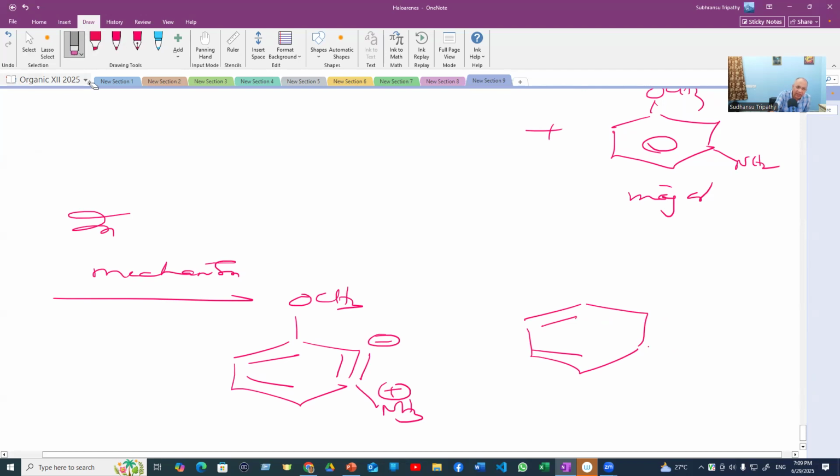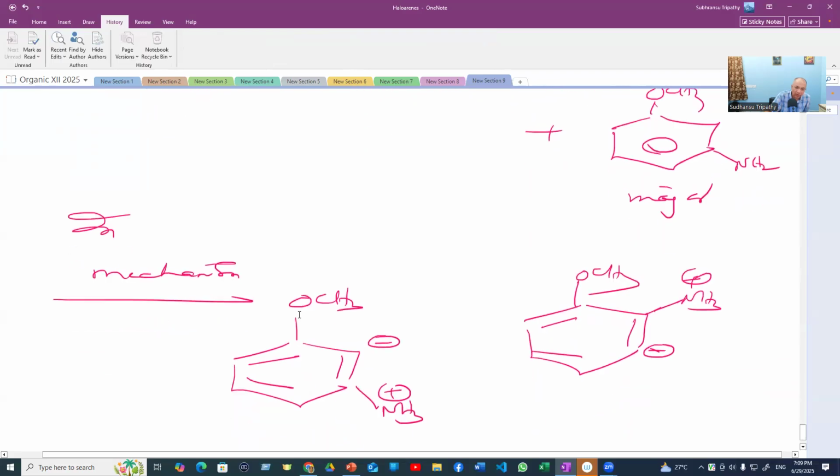Benzyne has already been attacked, and the triple bond has already been converted to a double bond. I wrote it wrongly. So the other one is attacking at the normal product position, NH3 plus, and the minus charge will be created here. Now compare the stability of the two carbanions, which is comparatively more stable, by using